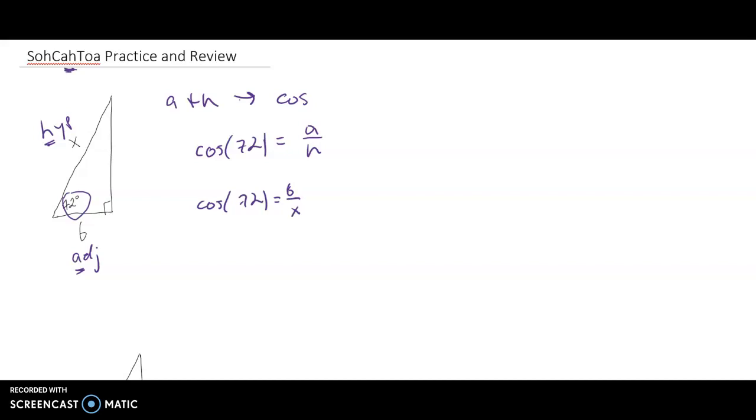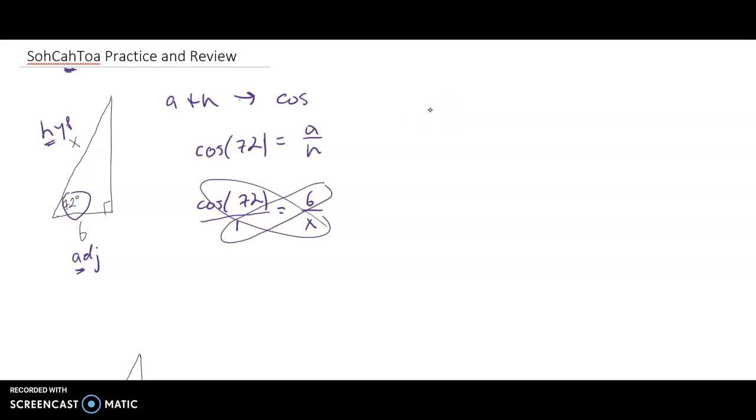In this case, this might be the more complicated one that we have to deal with, but what I typically like to do when I'm solving for x here is put that over 1. Maybe I will pause one moment. I just rewrote that a little bit more so it's more clear. So when I have cosine of 72 over 1 is 6 over x, I think it makes it a little bit easier for us to solve for x